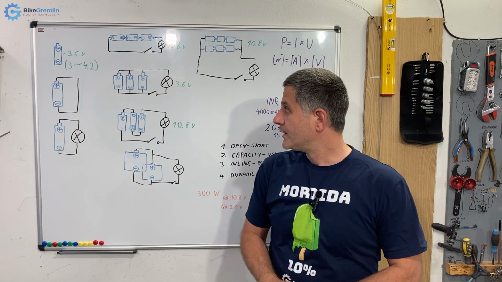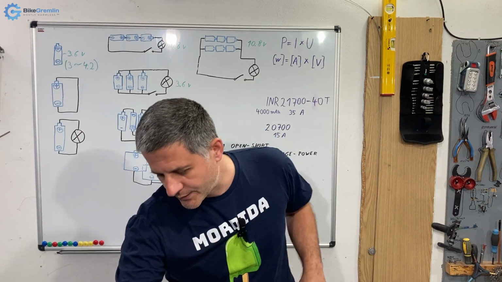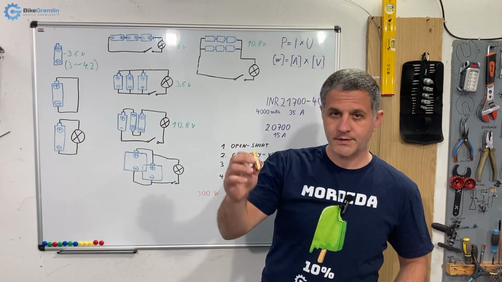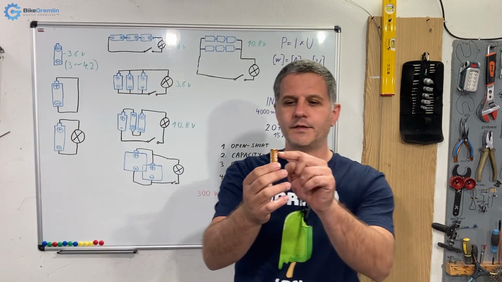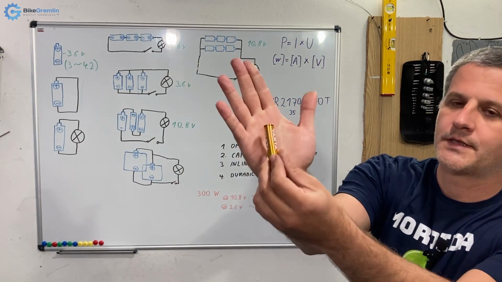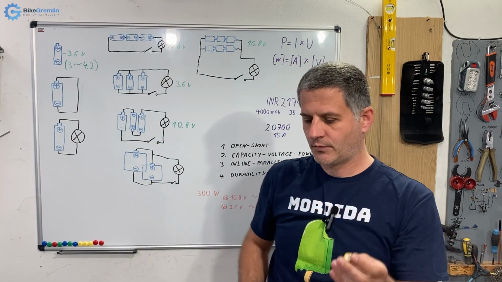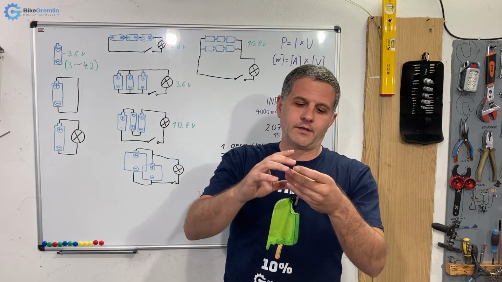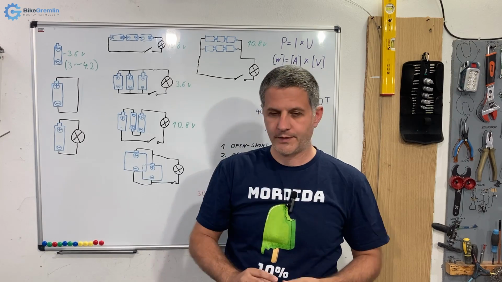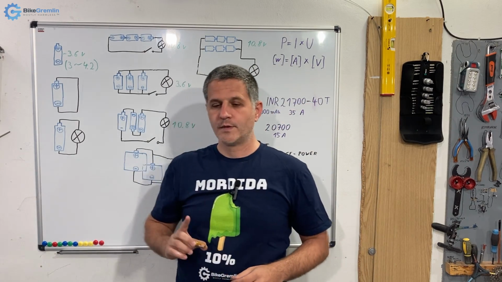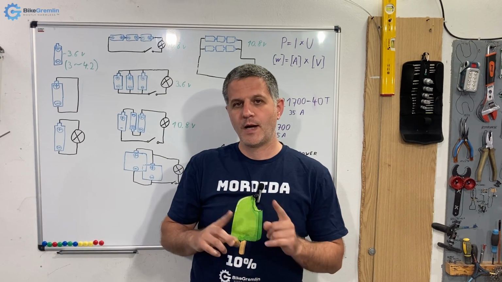Let us begin. Let's first talk about battery cells. This is a AA battery cell. I've marked the minus part with some black marker so that you can see it better and understand. I will use this as a placeholder for any kind of batteries, and I will mostly be using lithium-ion batteries